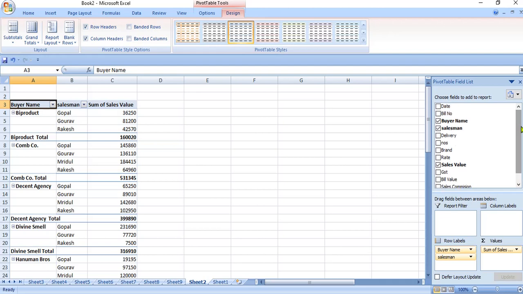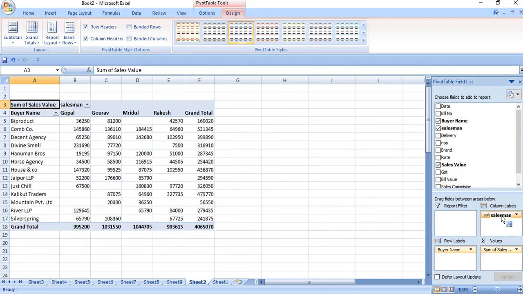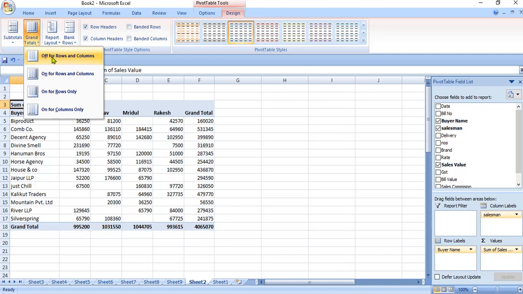Now we will again change the form of this report. So I have taken the salesman in the column label. It is showing row total as well as columnar totals. This we can remove or insert with the help of grand totals for rows and columns. By selecting these options, we can remove the grand total.